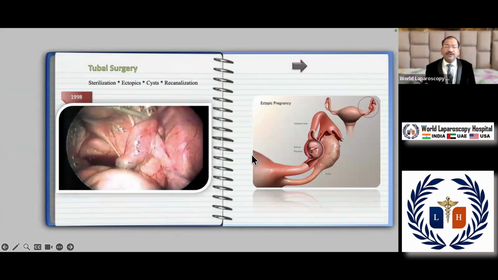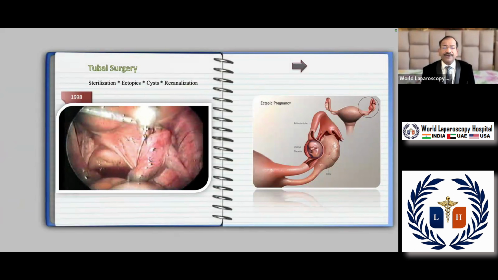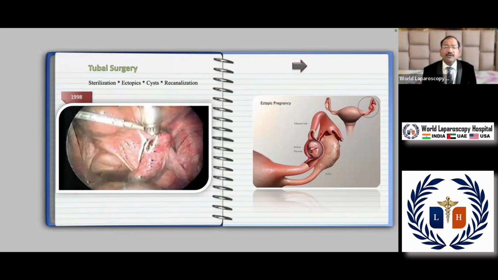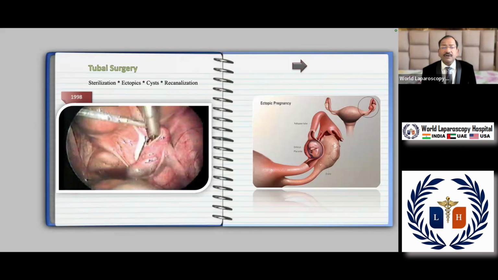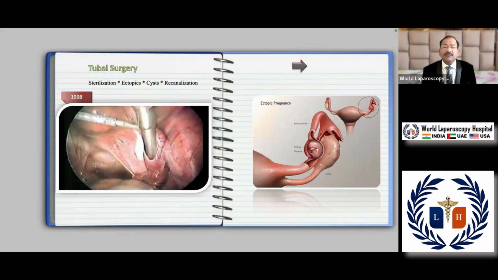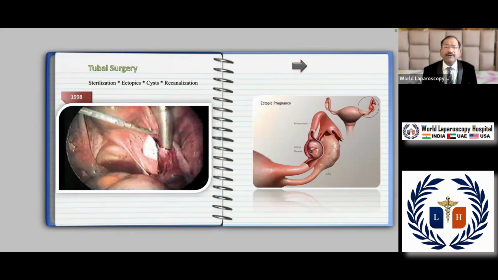Like here you can see in this video that this patient has an unruptured ectopic pregnancy, and this instrument which is used here is called a tritome. It has three functions. It can inject vasopressin, it can cut by the monopolar, and it has a suction to hold the trophoblast, and you can abort it also. So, these types of instruments are very useful for the unruptured ectopic pregnancy, and not only for this, even for